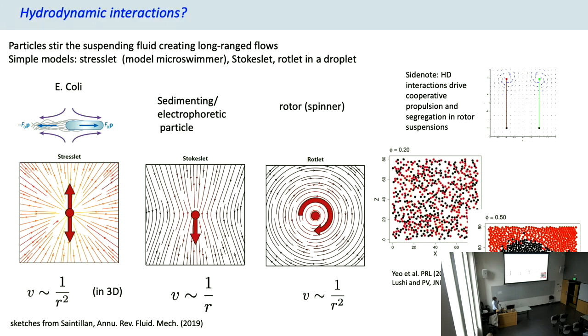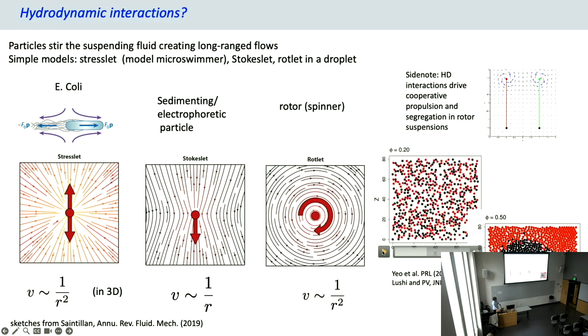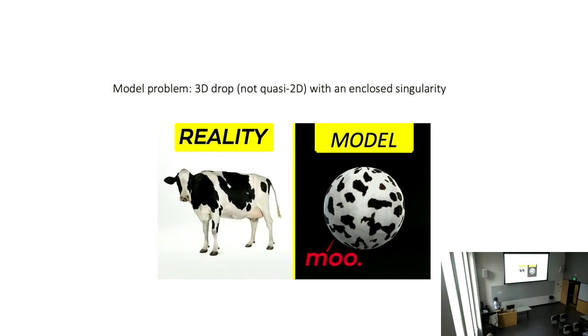So then we said, okay, fine, let's focus on the hydrodynamics and go back to the basics. Ask a very simple question, and that's what we call the reality from the model. In the model we have a droplet with a gazillion of these active particles. Let's go back to the basics and look at a droplet with one particle, and the droplet is only slightly deformable, so that I can treat everything analytically. I'm a pen and pencil person. I like to work with asymptotics so that I can get physics insight from it.